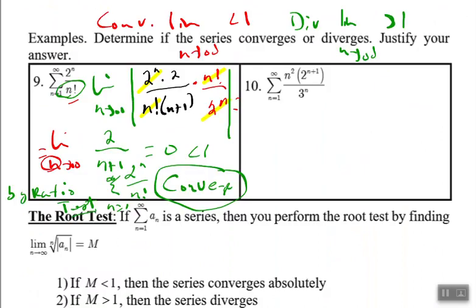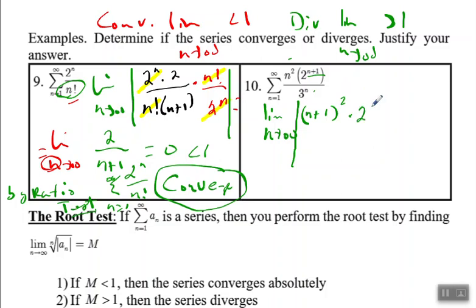Oh, I hit add a page, I didn't mean to. But since we have a polynomial and an exponential, whenever we have a mixture of those, we would have to use the ratio test. So we have the limit as n goes towards infinity of n plus 1 squared, and I'll put those absolute values in there. And then this n, when that n is on the exponent,